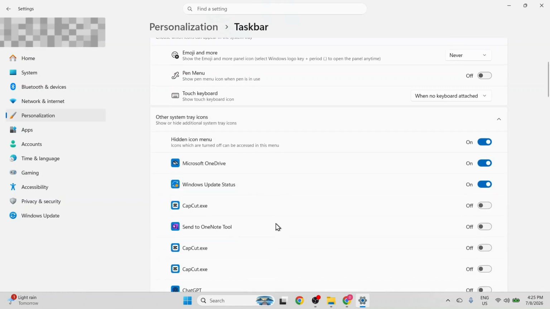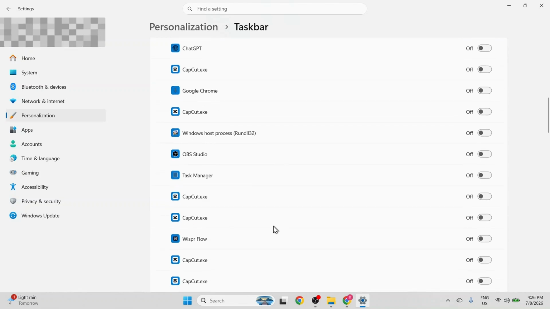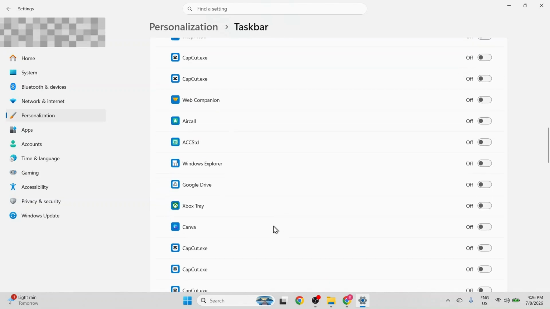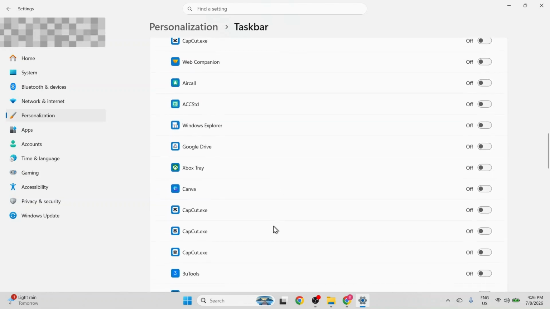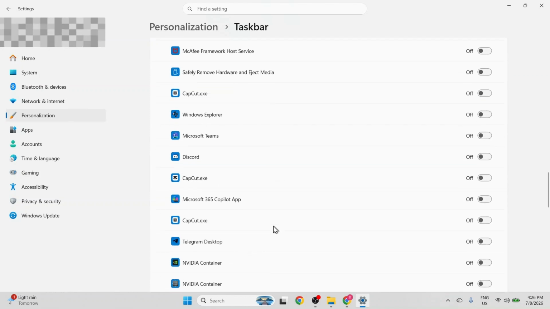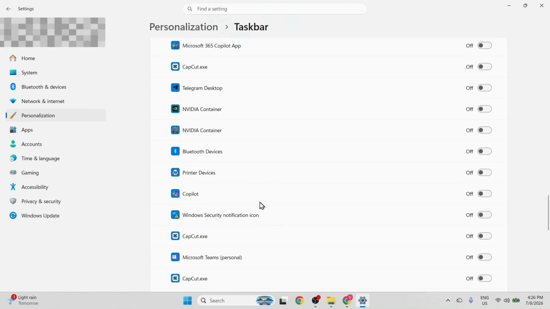Now, I scroll down through the alphabetical list of installed applications to locate the option for Copilot. As you can see, the toggle switch next to Copilot is currently set to off. I click directly on this toggle switch to change it to on. As soon as I do that, the Copilot icon immediately appears in the system tray in the bottom right corner